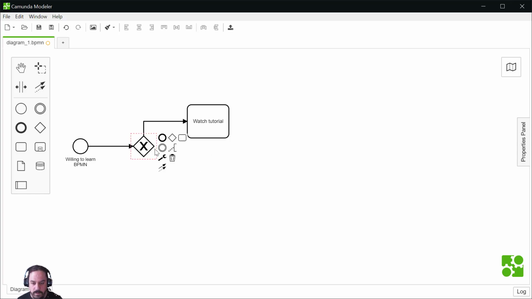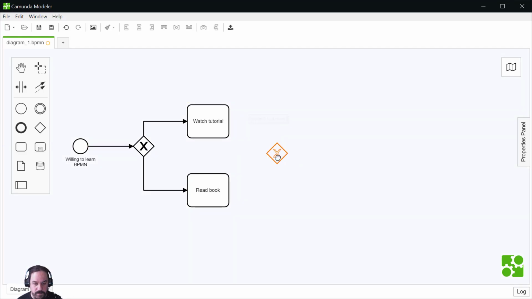Why not? Or you may want to read a book. Both sub-processes would lead you to the same end, which is learn BPMN.